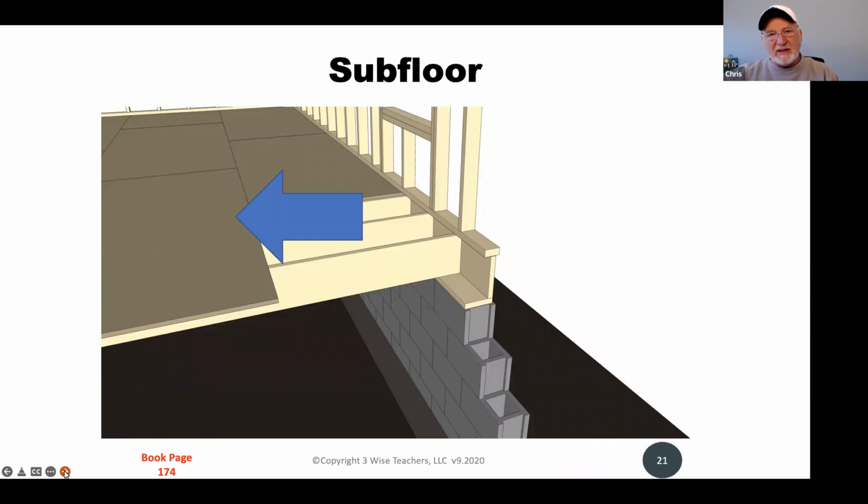And obviously, by laying the subfloor like this, there may be imperfections, but depending on the flooring type, if it's carpet, there would be a pad between the subfloor and the carpet. If you're doing some other type of hardwood floor or some other type of floor, you might need leveling on that subfloor just to take care of any imperfections that show up in the wood. Subfloor. Now we have our flooring systems in place.